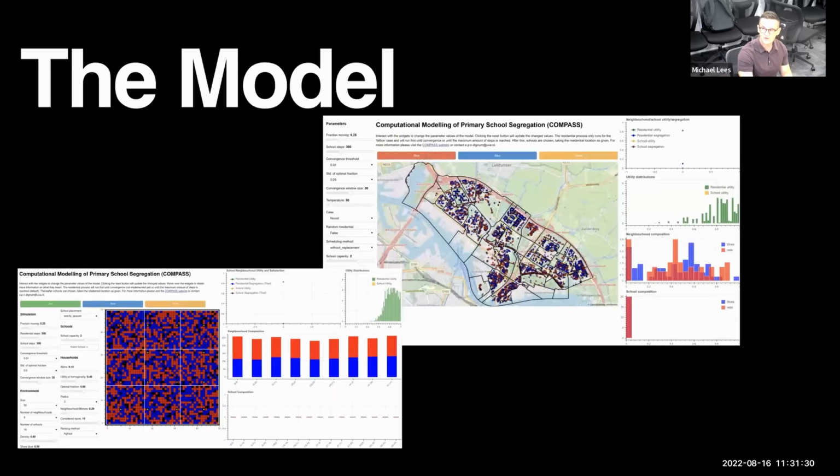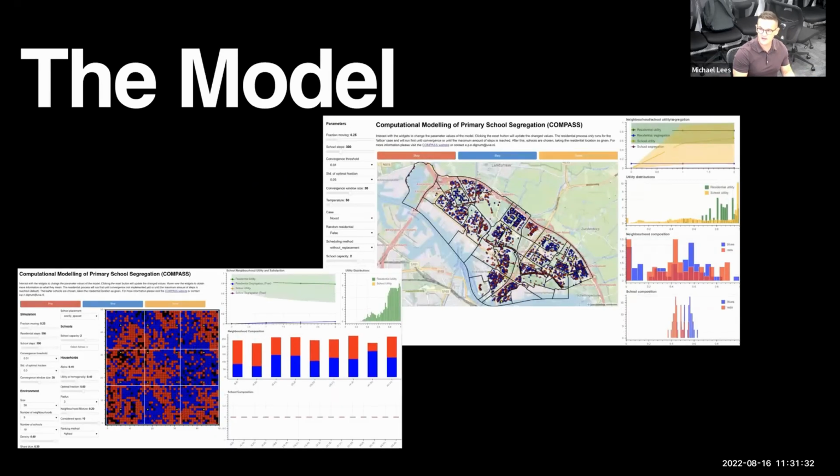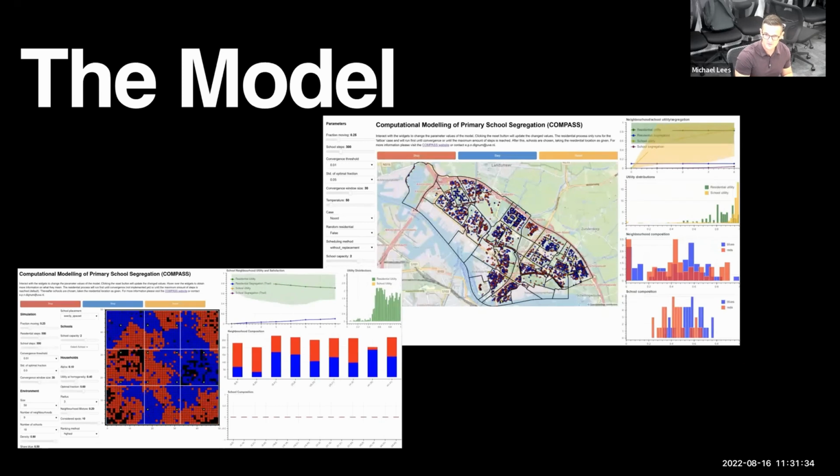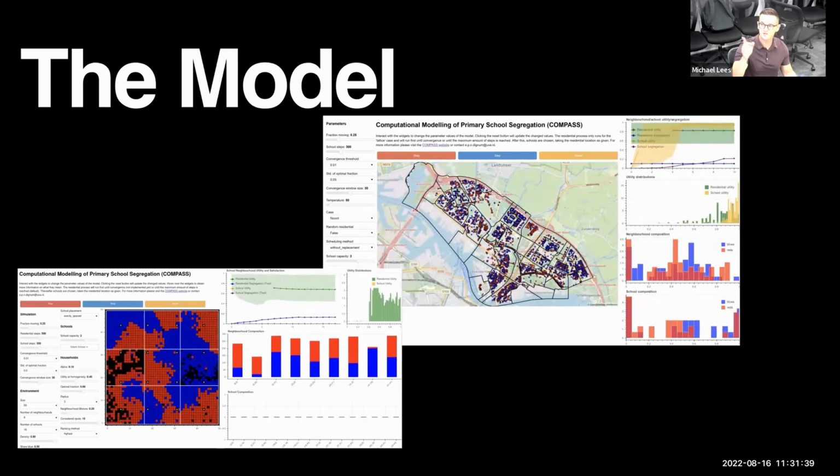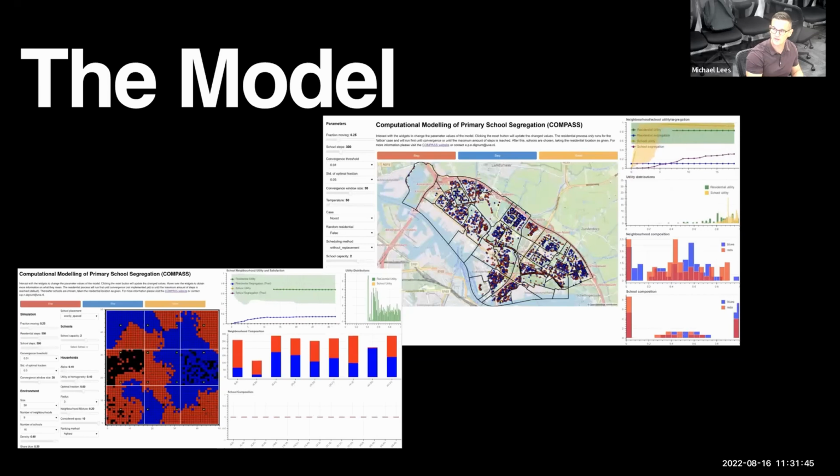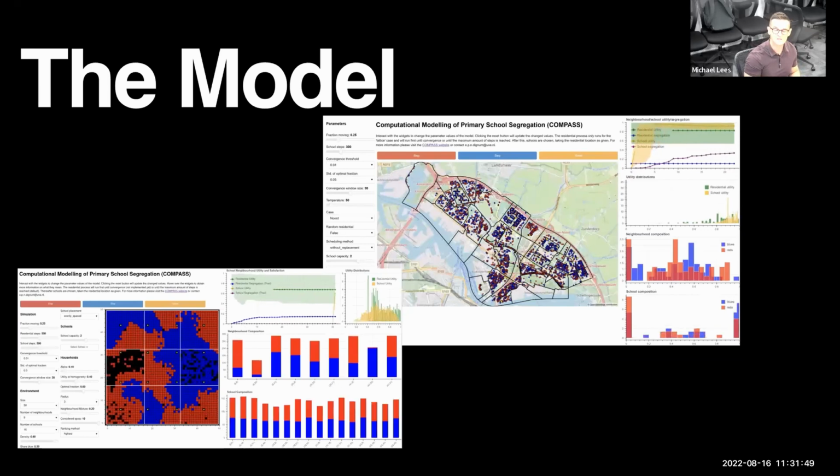Okay, so when you put all this together, we then have a model that looks like this, and we can do various different experiments. There's lots more things here. What you see on the top right is that we've now extended this to real data, from the theoretical model to a real scenario in Amsterdam. We work with the Central Bureau for Statistics, which is the largest collection of its kind in the world, actually, of a database about individuals in the country. So we know everything about their income level, their ethnicity, where they live, where the kids go to school, and so on.